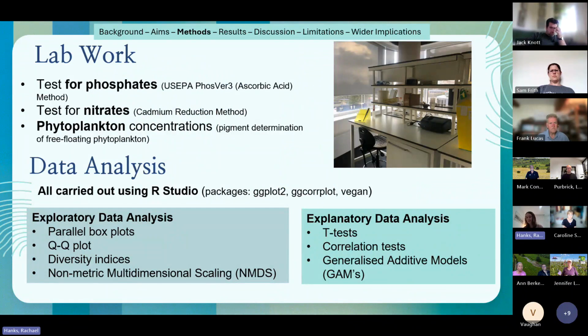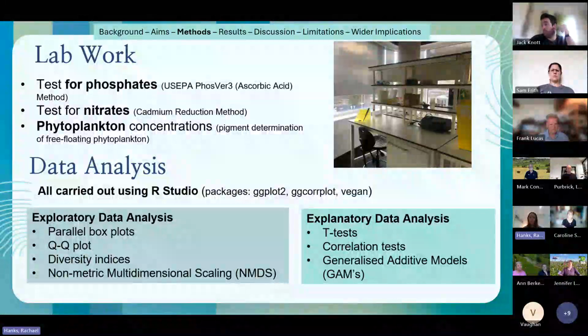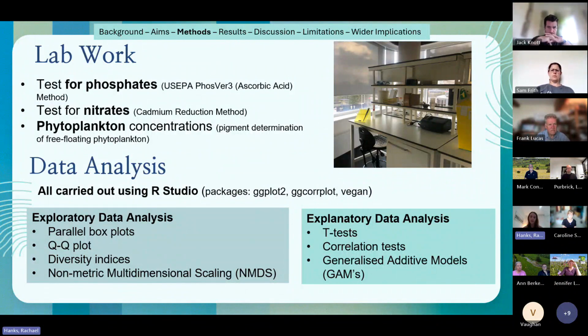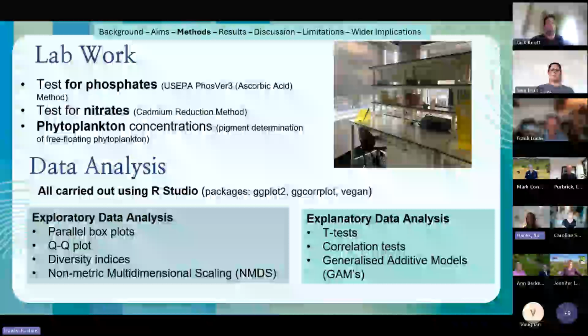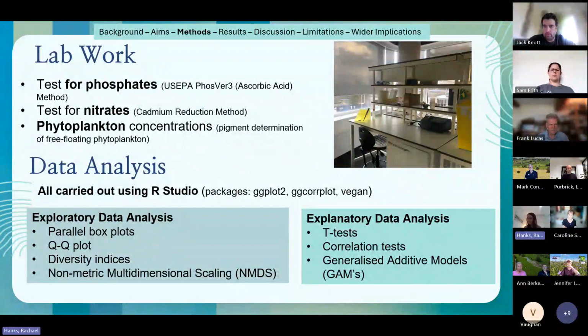This is my little lab space and my little picture in the top right-hand corner there. I also tested for nitrates, and I tested for the phytoplankton. So that's via chlorophyll A. So that's once again the microscopic algae within the water sample. And then data analysis. General exploratory, seeing comparisons upstream, downstream was my predominant comparative methodology. NMDS, I'll discuss more in my results, but that was basically looking at whether there was a correlation between what species of algae and plants were occurring together, if certain ones occurred downstream, certain ones occurred upstream, and then also significance tests to see if there were significant differences.